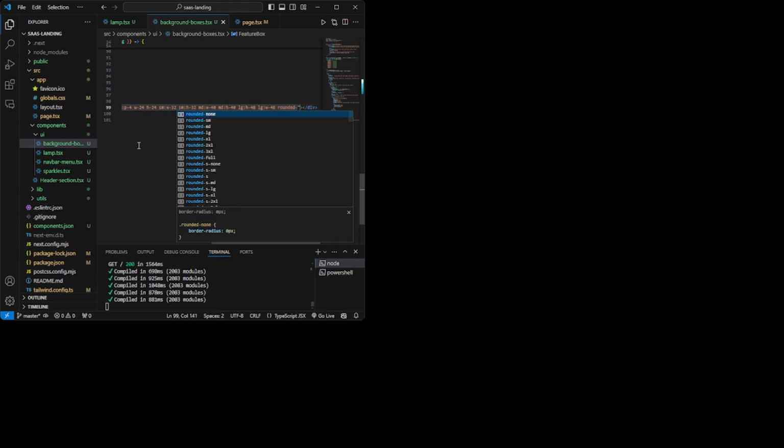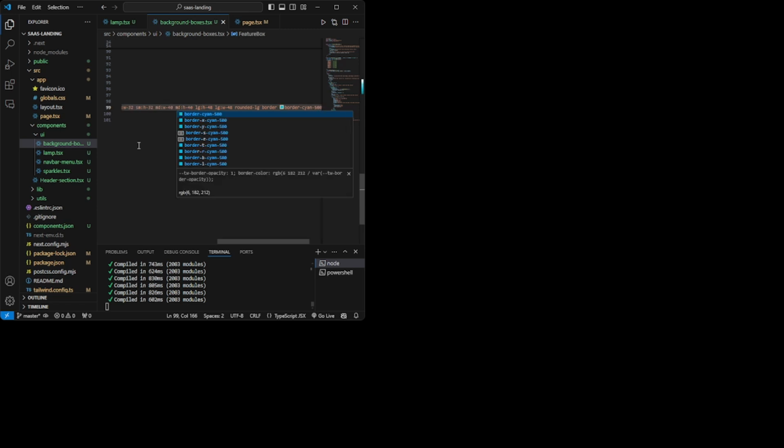Then rounded. I want a rounded large, more rounded. According to your wish, you can give it SM or medium. I want to give it large, which adds more curves to the box. I'm going to put a border also, and in that border I'm going to give it a color: border cyan 500.